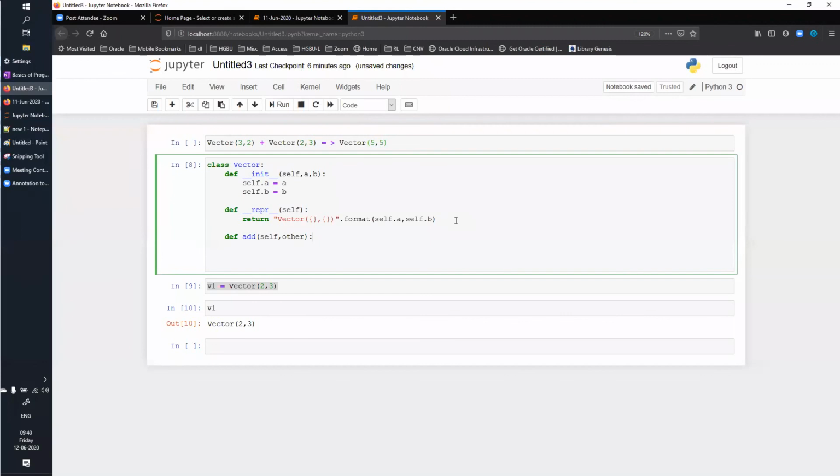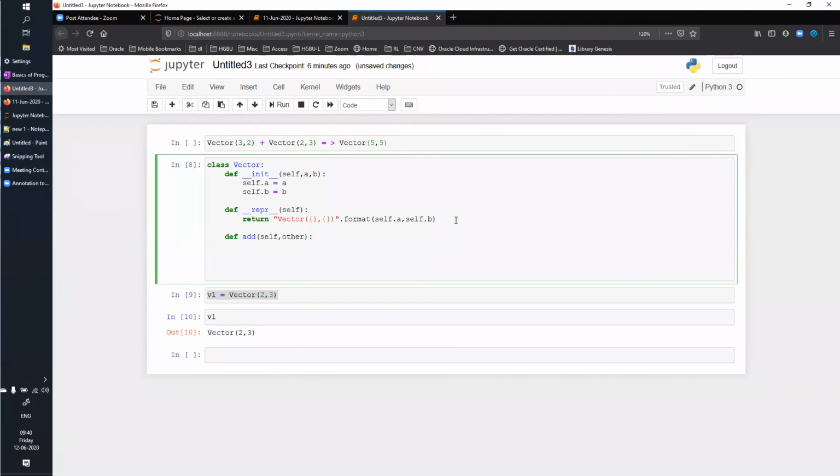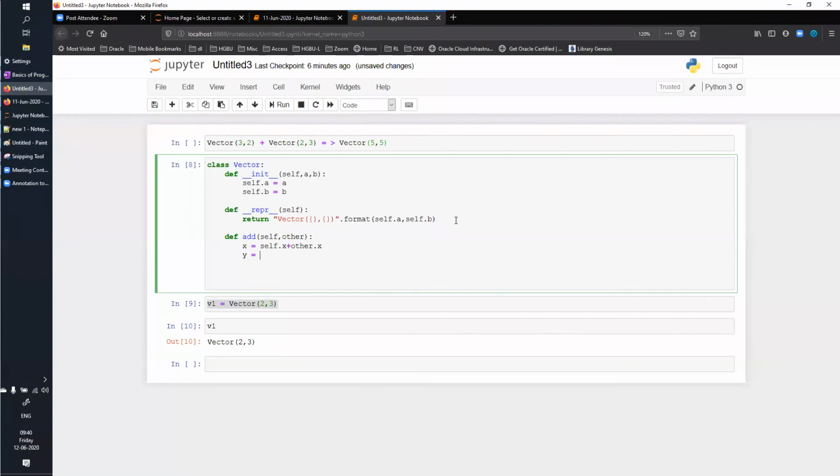And I can say x equals self.x plus other.x, y equals self.y plus other.y.